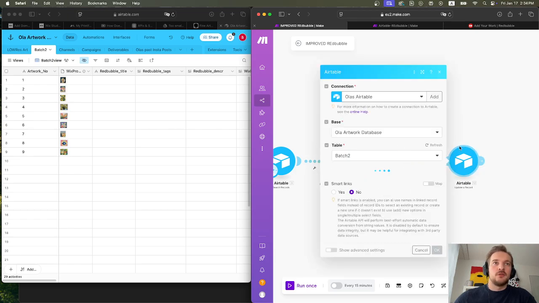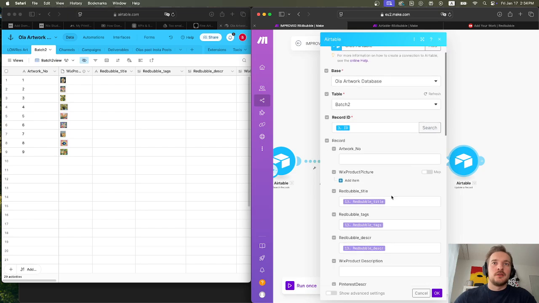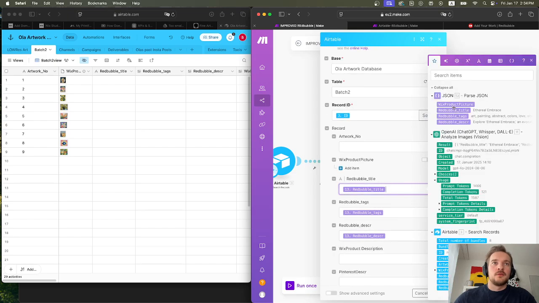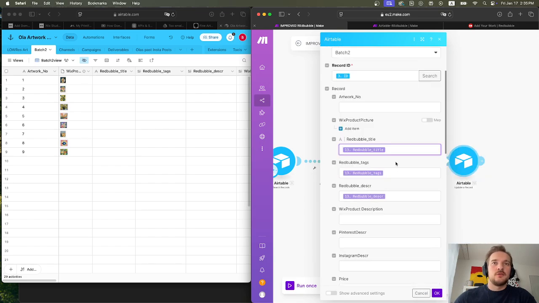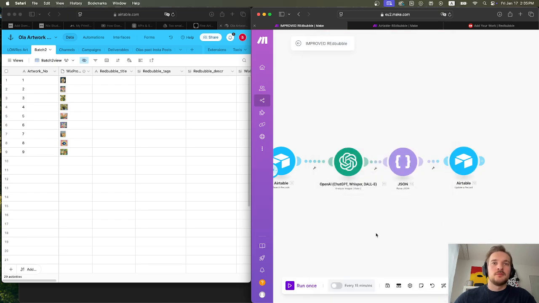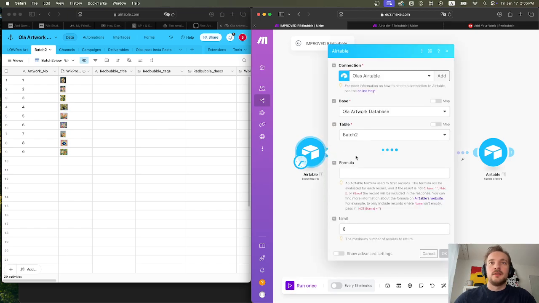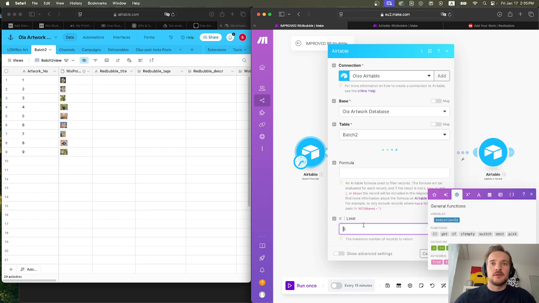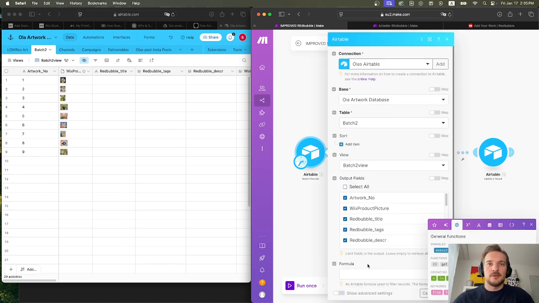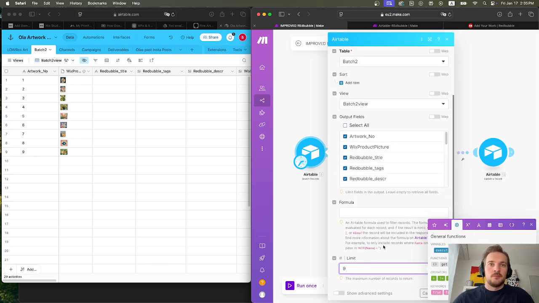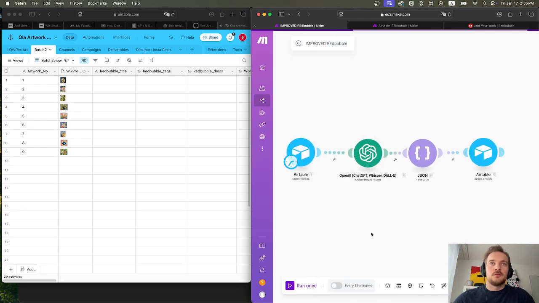And now what you can do in this step is you're taking the JSON. Okay, so you see it's now structured, neatly structured. You just put it into the columns in your Airtable, and then you run it. So just to show you how this looks like. Oh yeah, here I have 9 products. Okay, so here if you want to test it, just do 1, but if you want to run it on all, which I will do now,